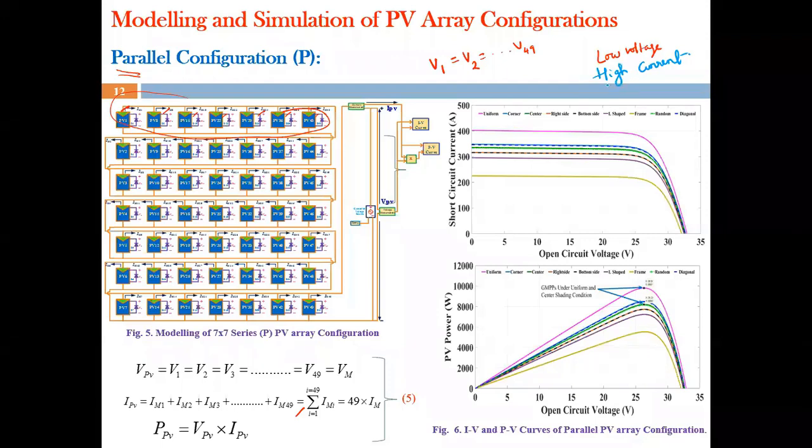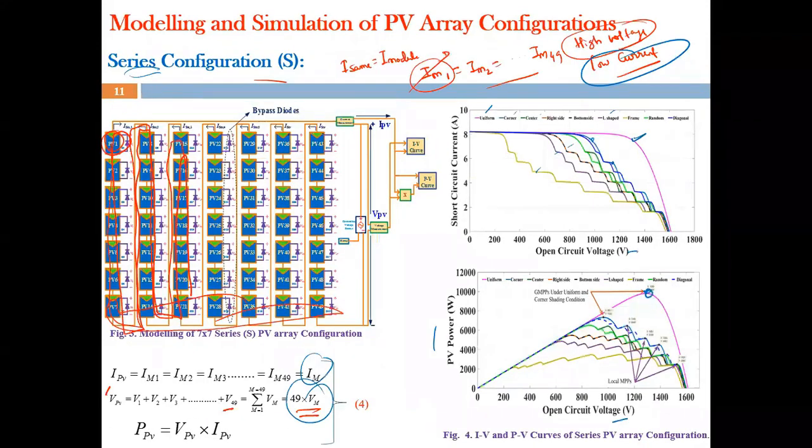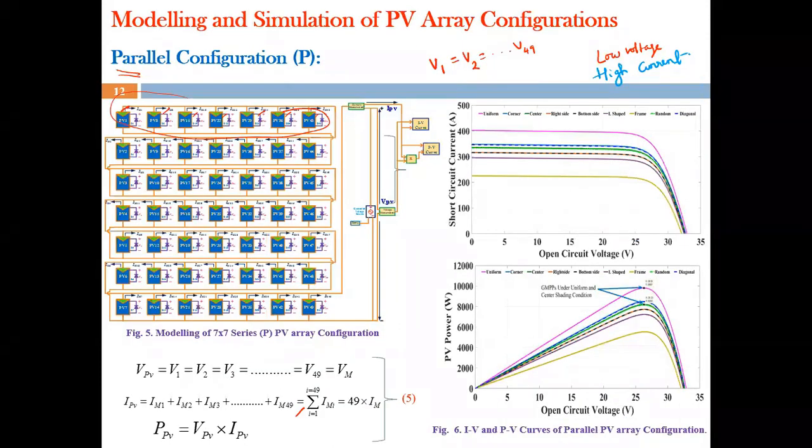So when you consider low voltage and high current applications, you see all the shading conditions. Earlier with the series configuration, many local peaks came. If you consider the parallel configuration, you will not get any local peaks. It will change based on irradiance, and for a particular shading condition you will have only one peak. In the parallel configuration, you will not get local peaks. So let me show you.